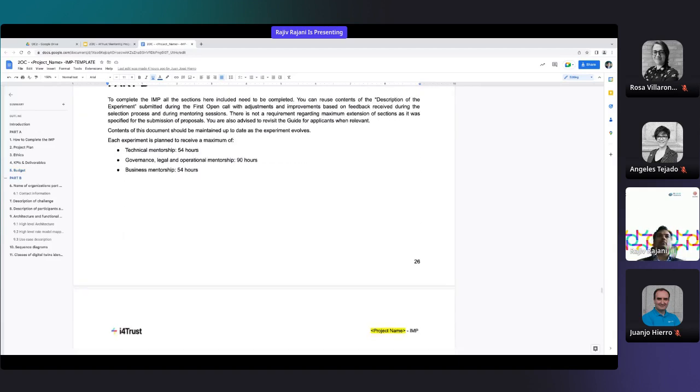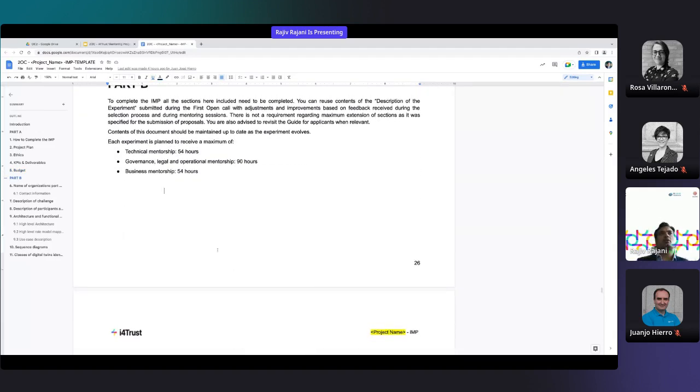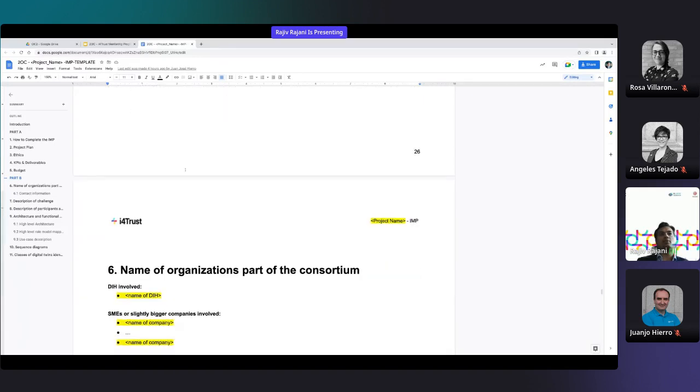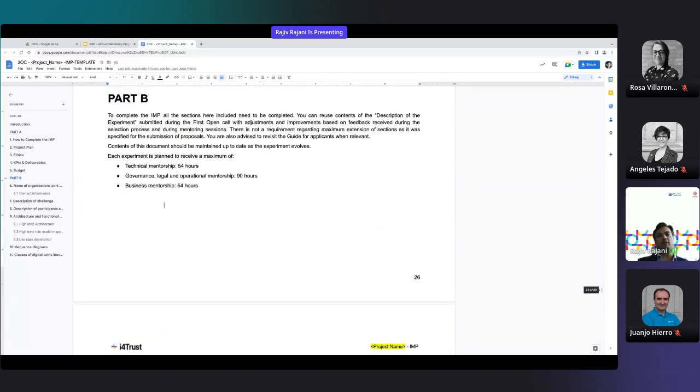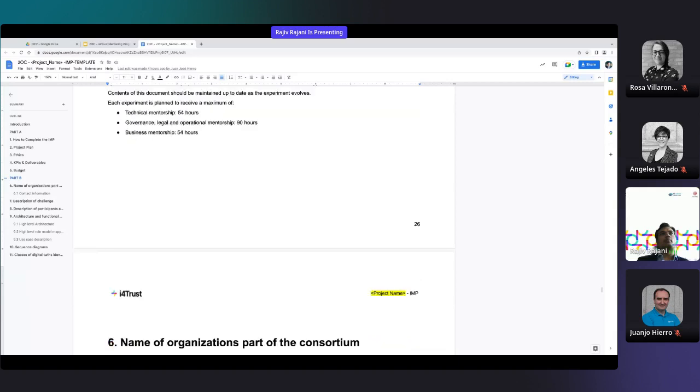Part B, as I mentioned, is the living version of your document, and here is where you detail out all the details of your experiment.